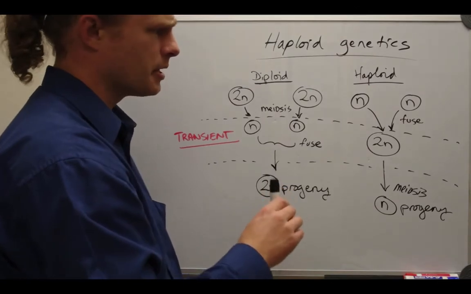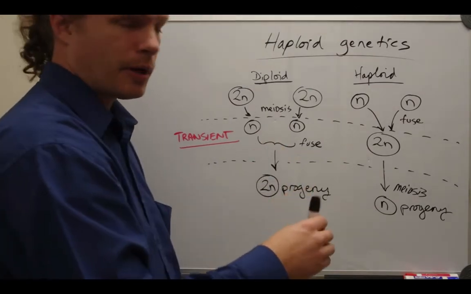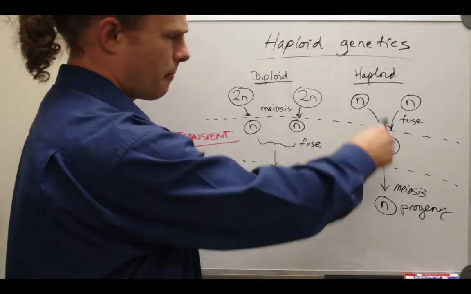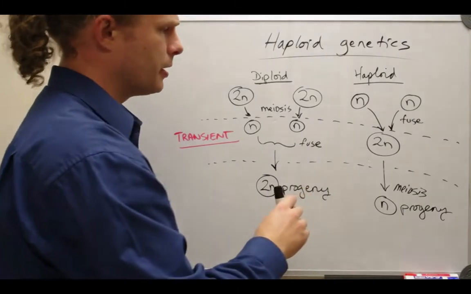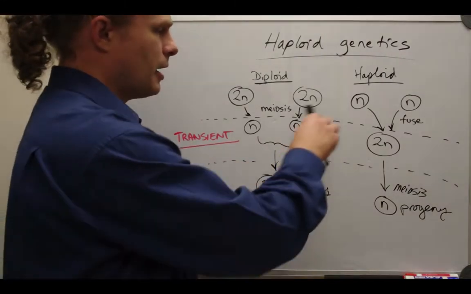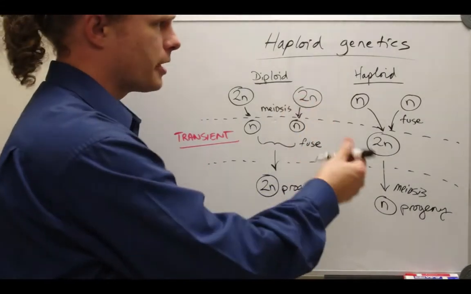The useful thing is meiocytes in both cases, so what I mean by meiocytes are the cells that will actually undergo meiosis in either a diploid or a haploid. Meiocytes in both cases are 2n,